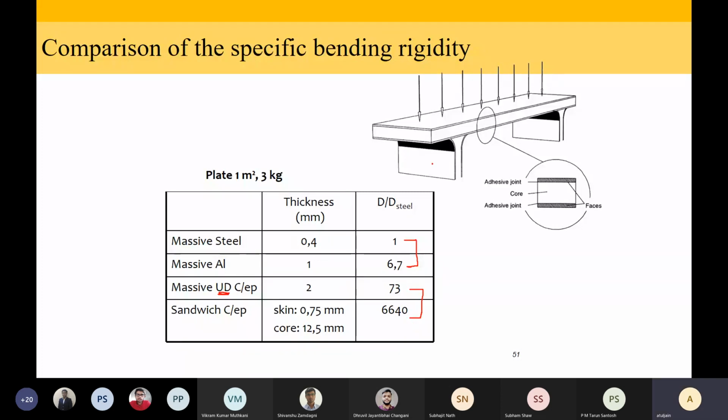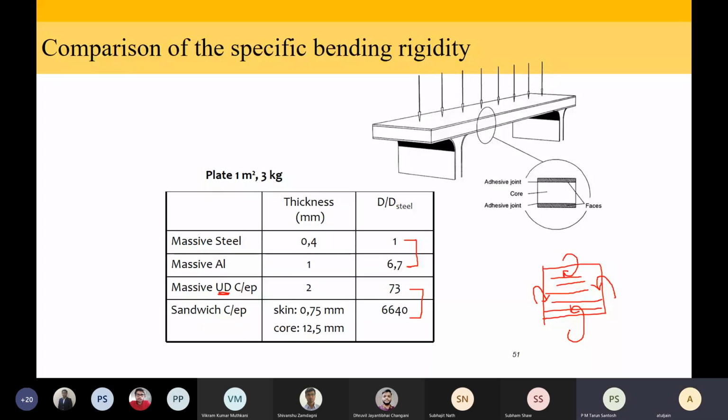Or in other words, let's say I have a, so this is my fiber direction. Okay. Now if I bend in this face, then I will get these numbers. But if I was to bend in the other face, then the numbers will not be so high, because EF, the Young's modulus of the faces in the two direction, is not very high. Am I clear?